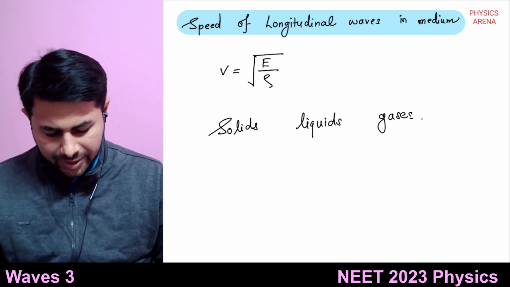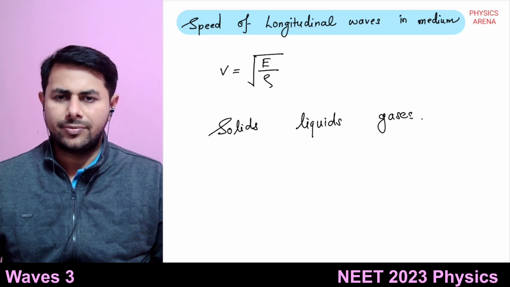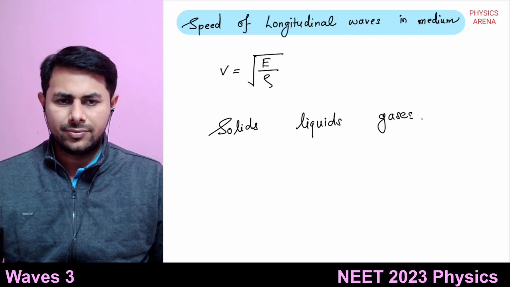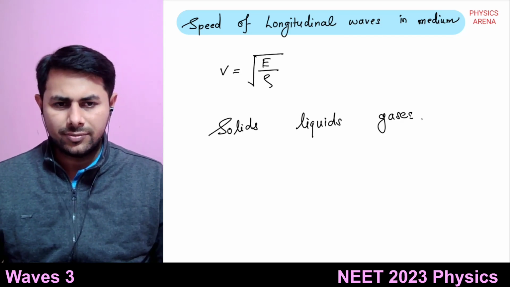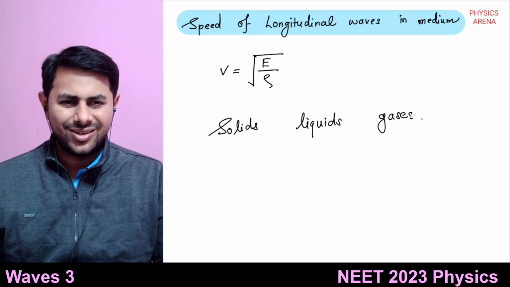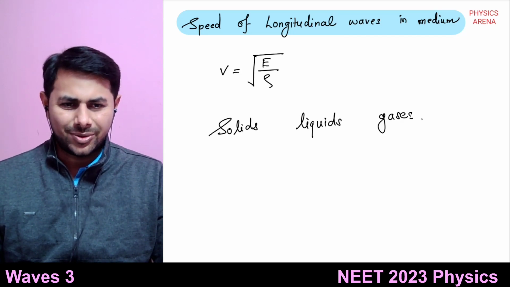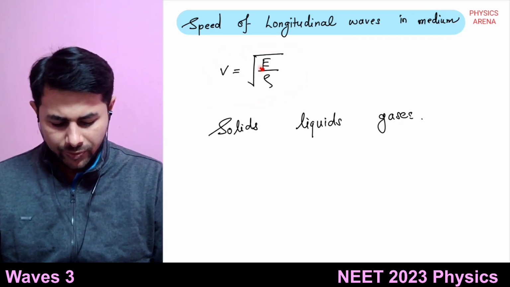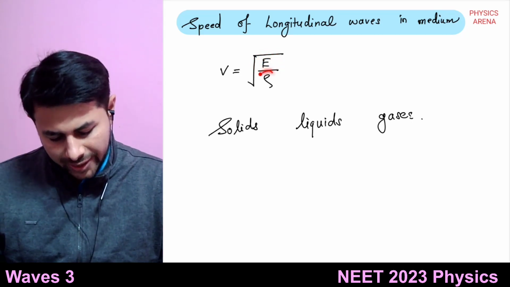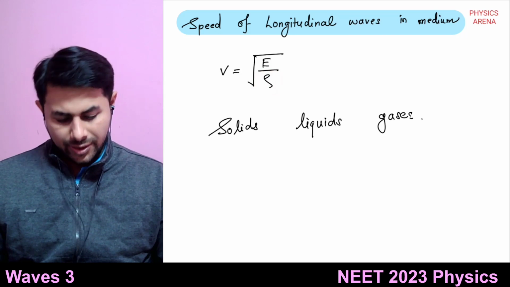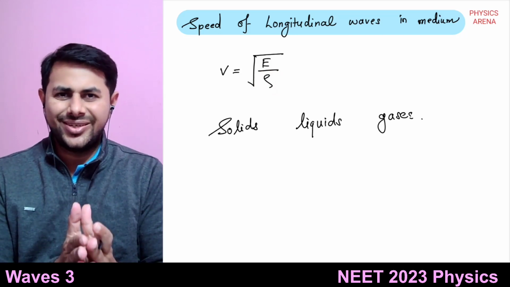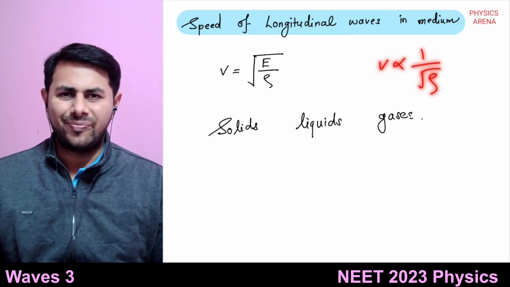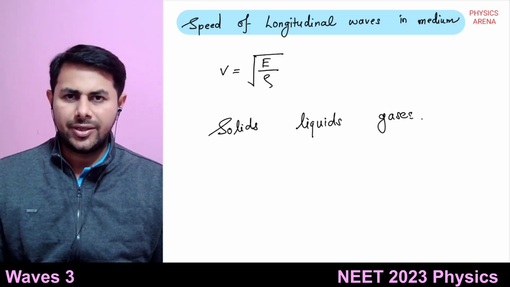Okay, so where is the speed more? Where would the speed be low? Where is speed greater and where is it lower? What do you think? Gases and liquids, greater or lower? Solid will be lower. Okay. So see, if you just look at this formula, and forget about the numerator, and just look at the denominator, then the density of gases is obviously lower, right? So you will say the velocity is inversely proportional to square root of rho. Okay, but it's not so.